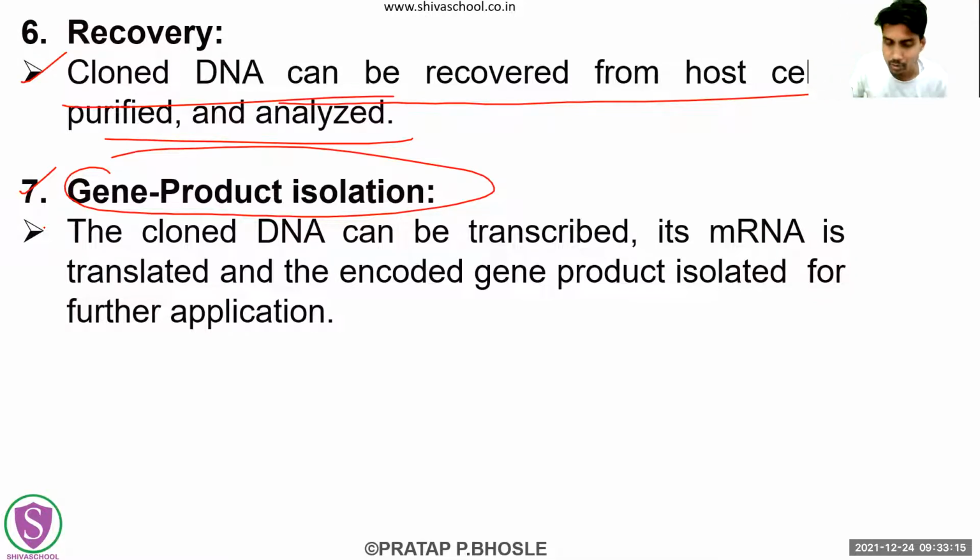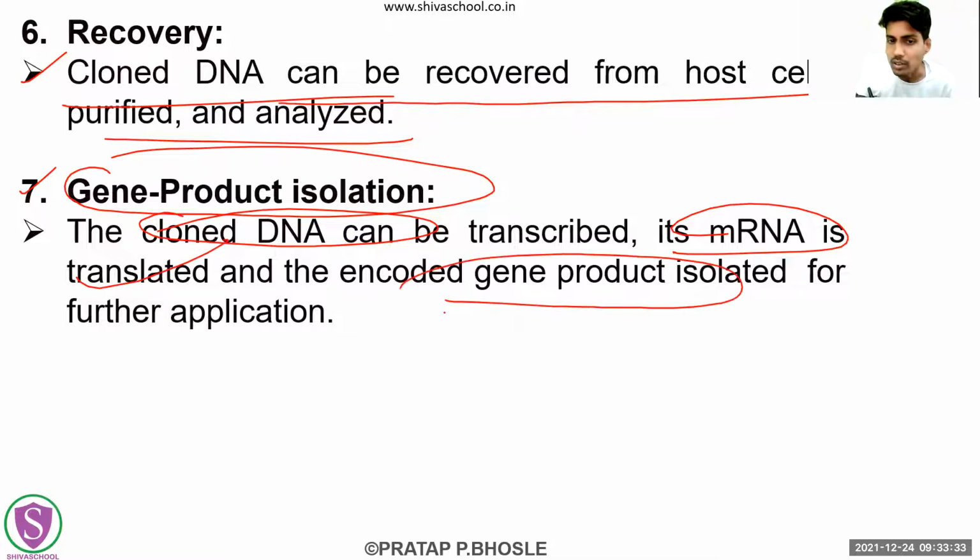You won't be able to write more because you are going to have limited space. So in the UPSC answer sheet you will have to write this generalized way of recombinant technology only. Okay. So let's see the gene product isolation. Whatever the cloned DNA is there, that can be transcribed. Its mRNA is translated and it is going to be encoded into a particular gene. Okay. So that mRNA, which is going to be formed from this DNA,